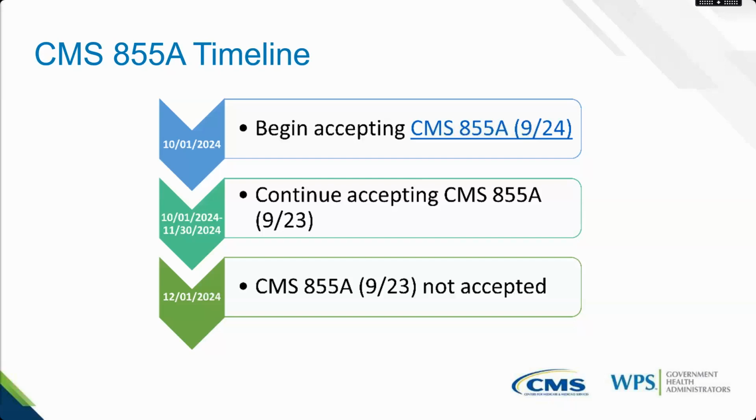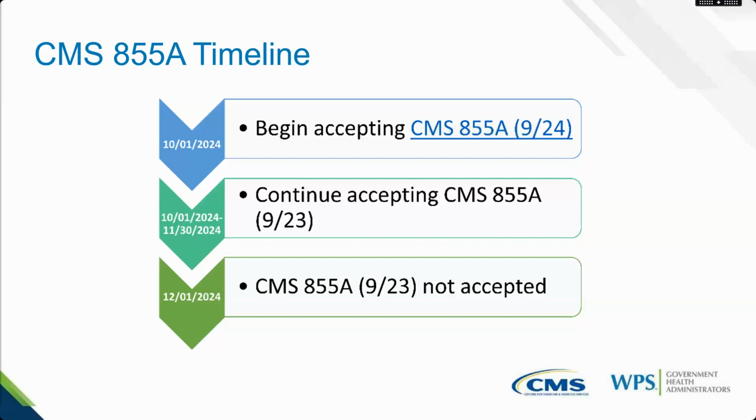However, everyone else outside of SNF are going to be able to submit both the 924 and the 923. I do recommend that you do start submitting the 924 version if you have an enrollment coming up. The 923 version is currently on CMS's website, and the provider enrollment chain and ownership system, also known as PECOS, has been updated with the information contained in the 924 version. We'll talk about how that's going to look, though. It's going to look just a little bit different in PECOS, and we'll talk through that in this session.